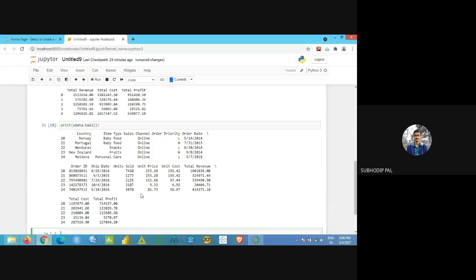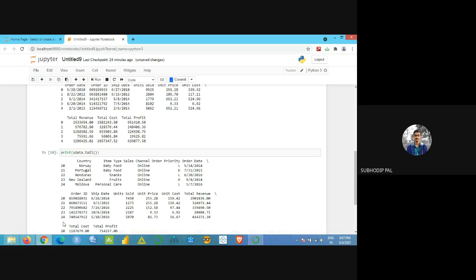Got it? So this is 24. Why is 24 coming? There are 25 data points, right? But it's 24 now. So it should start from 25, 24, 23, like that, no? The last five. Why is it coming from 24? Simple, like common sense.